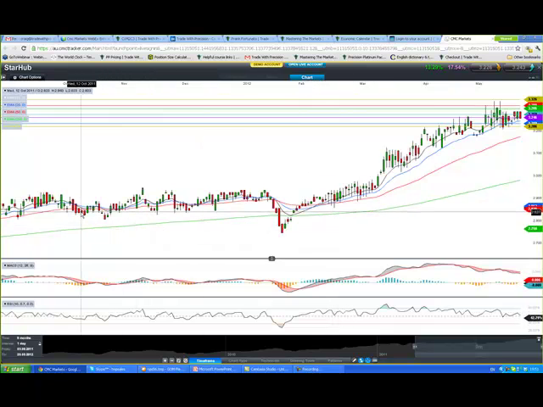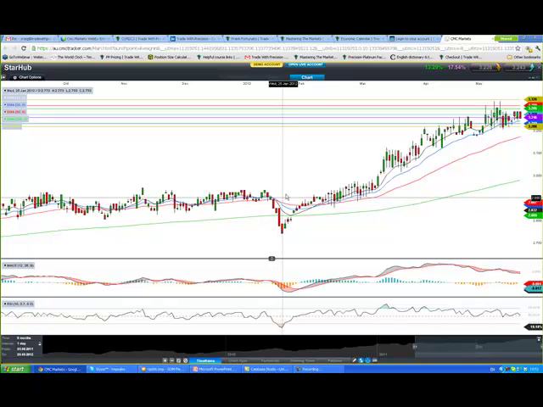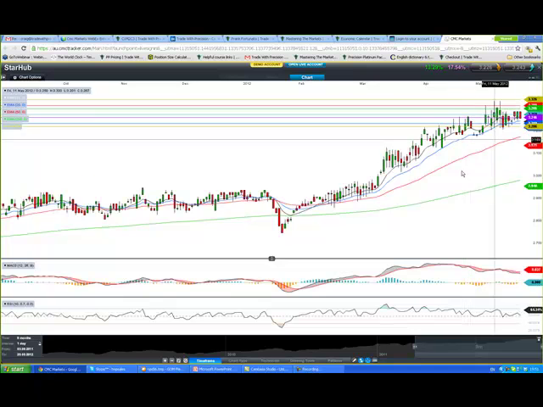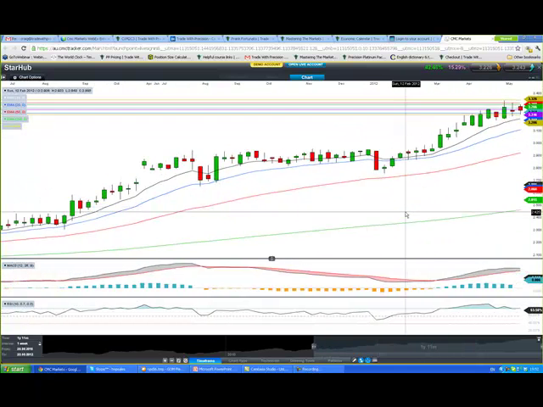How can I tell? These bars, they're all over the shop. They're not very pretty. They're a bit gappy. Well, not really gappy, but they just look like it's come out of a robot. I know it's a weird thing to say. It's really hard to explain unless you've been looking at charts long enough to know what a stock that's got low volumes looks like, and this looks like one of them.